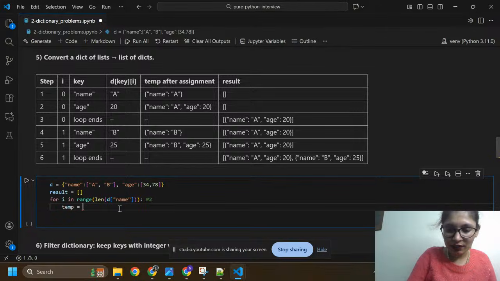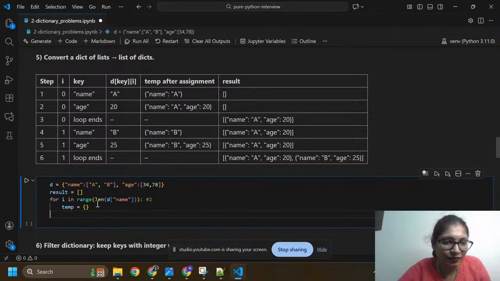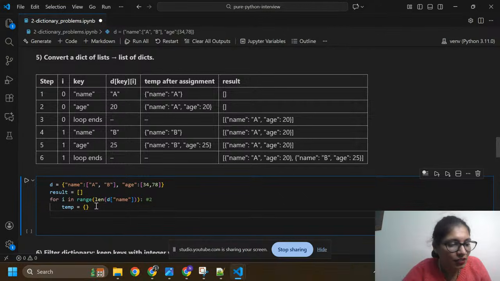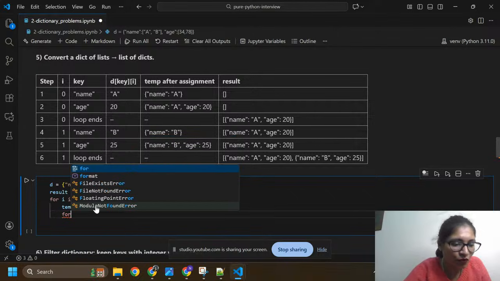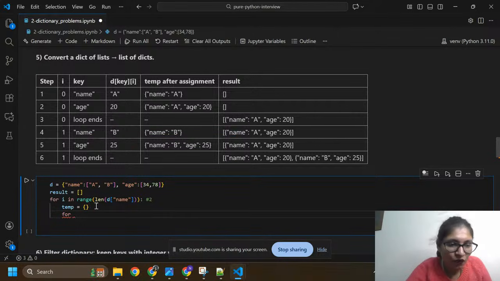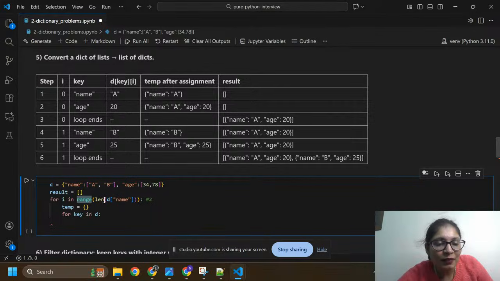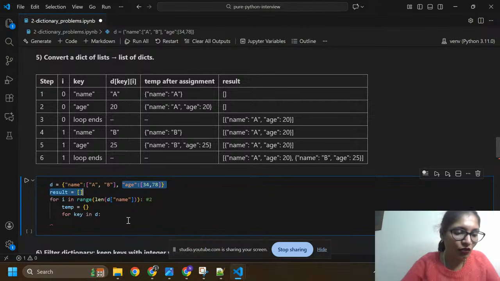Okay, and here temp equals to, temp means temporary. Okay, nothing. Here I'm going to use another loop, for key in D. Okay, this is, I mean, this loop for name. Okay, now this loop for key. For key in D. So where is the key? Key, name and age. Okay, so for key in D,